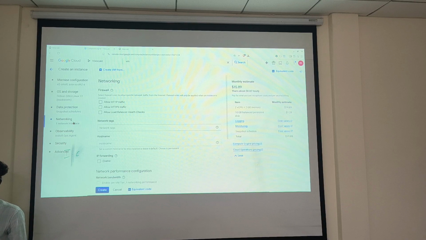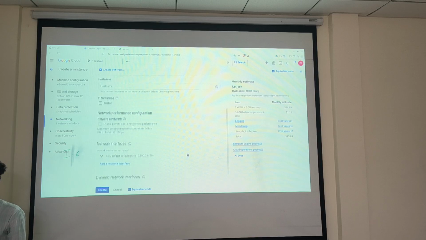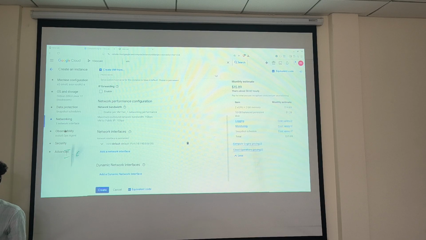Next one is networking. Networking is nothing but what you can manage. Initially I told you why you are creating the virtual machines. If you are creating a machine, how are you going to make the communication? Or how this machine can accept HTTP requests, as secured or non-secured connections. So these are the major things.